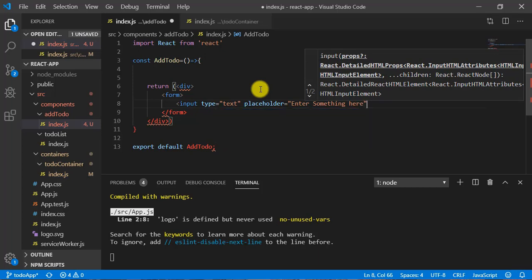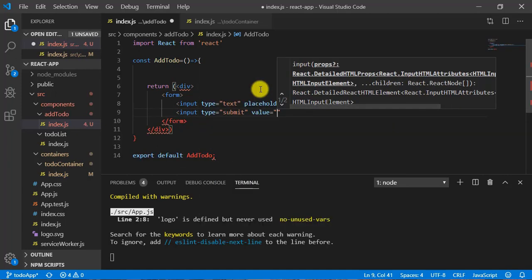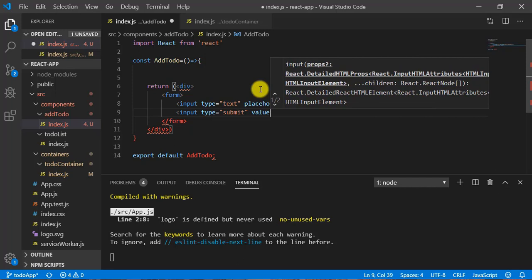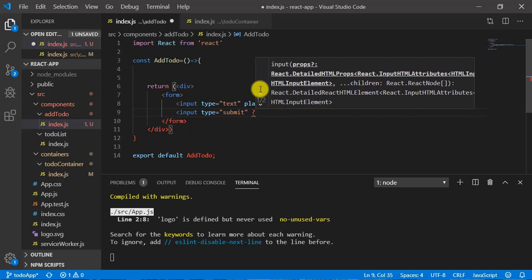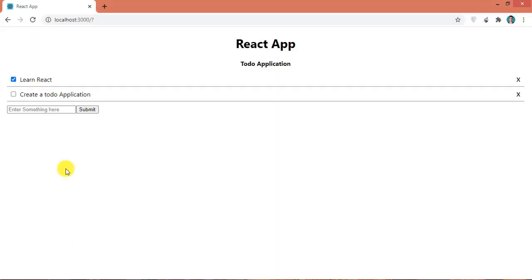Okay, next I need a button, so I can write here input and type is submit. I don't need value, so it will automatically take the value as submit. Now let's have a look here. You can see here I have this button.